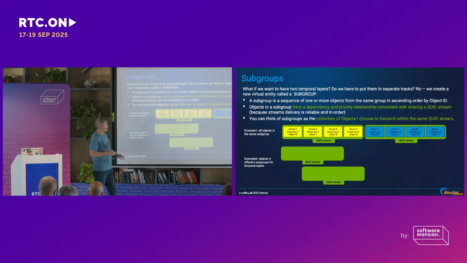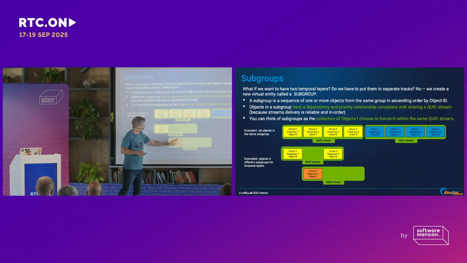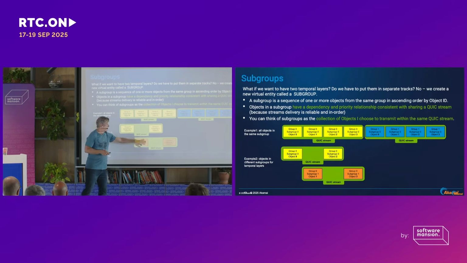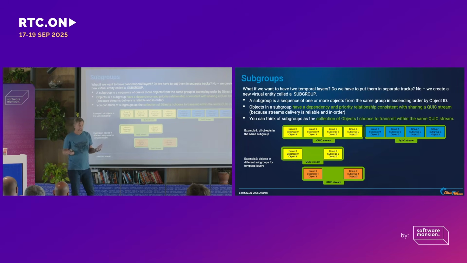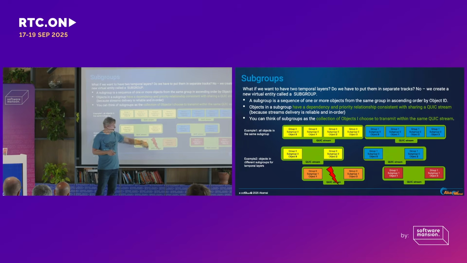But what I might want to do is set up two QUIC streams in parallel. And I would want to do this because I can shard my objects. I can put my first frame here, my second frame here, my third and my fourth. For example, if I have 30 frame per second video, I can put a 15 frame per second layer here and another 15 frame per second additive layer here. The advantage is, if I get packet loss here, I can discard this and my decoder can just do 15 frames per second for a short period of time and then recover later on and go back to 30.